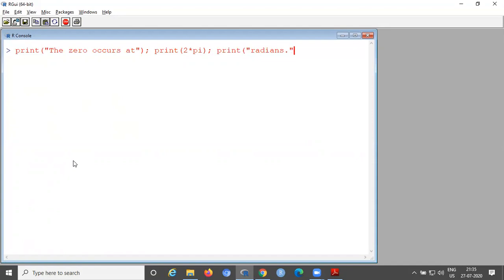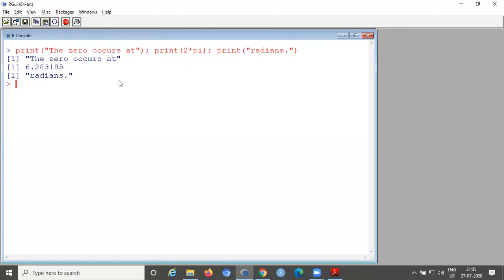So by using different print statements for each item, the output is printed one by one. Three different statements we used. So line by line, the first line is the first print output, the second line is the second print statement output, and the third line is the third print statement output.